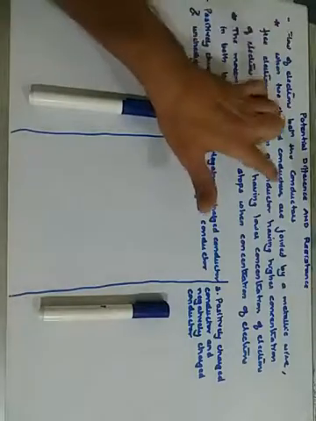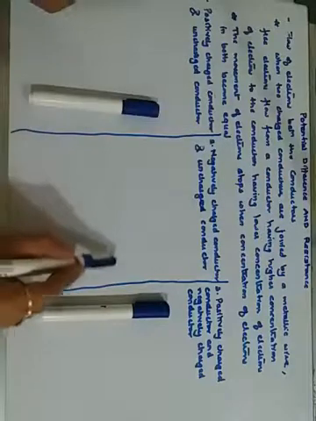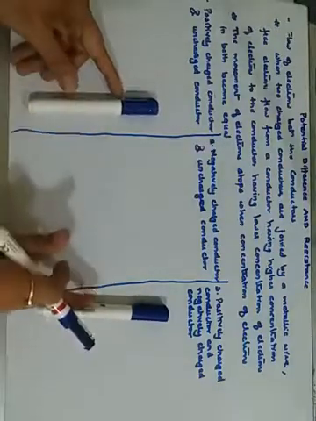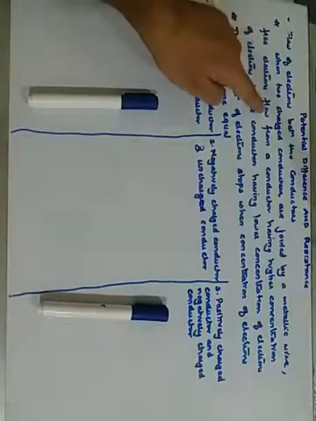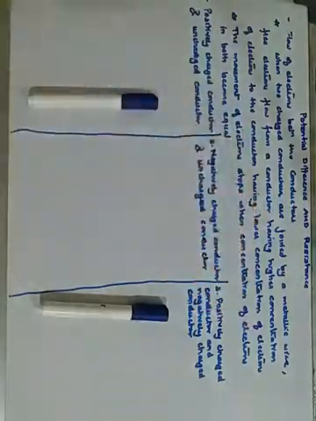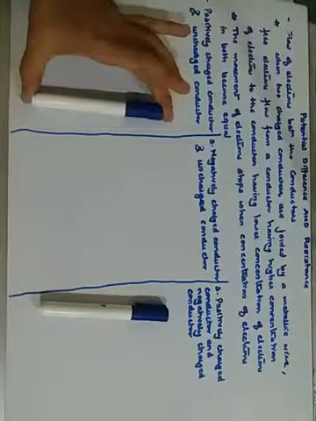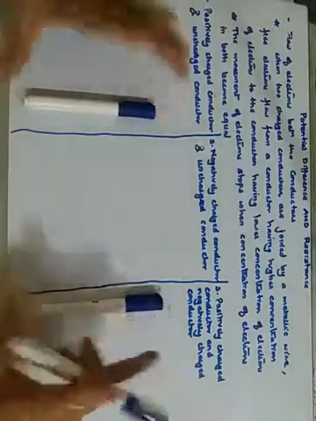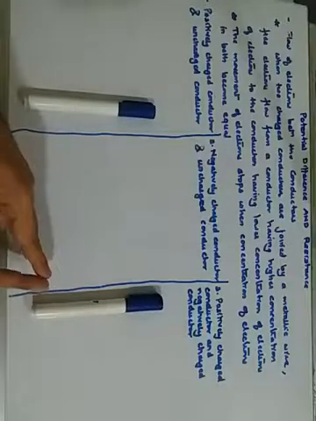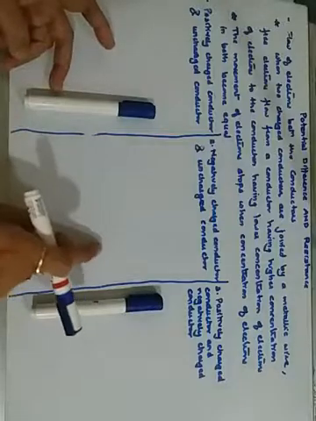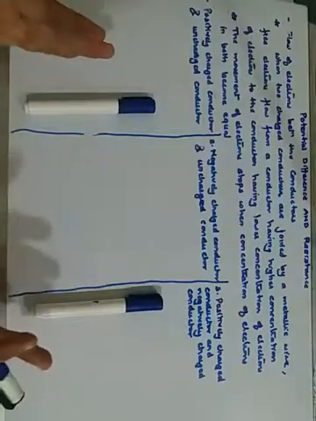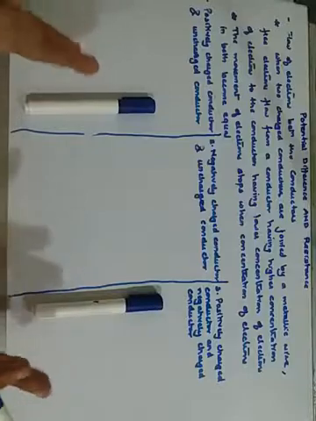When two charged conductors are joined by a metallic wire, if I put a metallic wire joining these two, the free electrons flow from a conductor having higher concentration of electrons to a conductor having lower concentration of electrons. Now, what do higher concentration and lower concentration mean? Suppose in this one negative electrons are more and in this one negative electrons are less, meaning this is higher concentration and this is lower concentration. So the electrons will start flowing from higher concentration towards the lower concentration when a metallic wire is connected between the two conductors. Understood? That is the flow of electrons in case of two conductors.